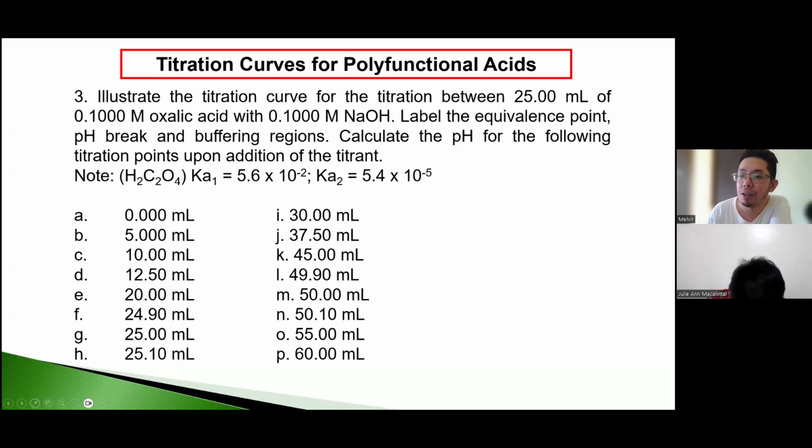So, wait. Let me change this into pen. 0.1 molar oxalic acid. The volume is 25 ml. Then, incrementally, you will add 0.1 molar NaOH. With a given